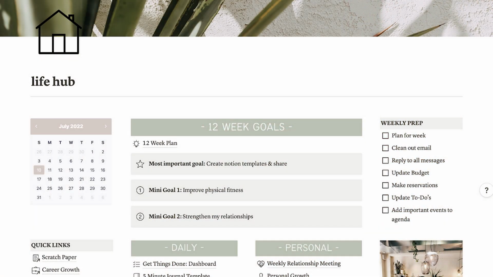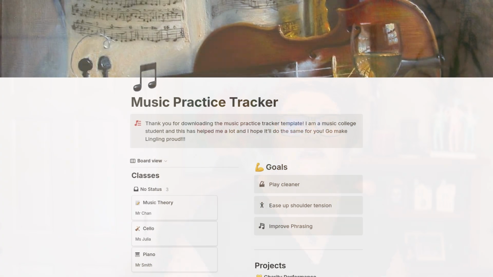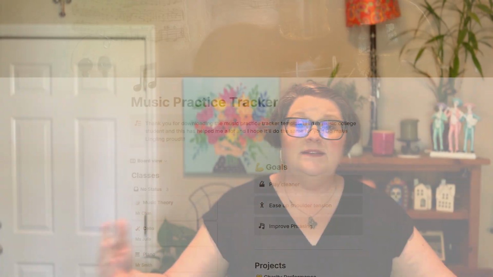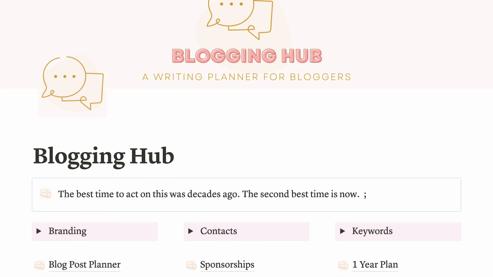Notion templates are also fabulous and something that I've been using a lot lately, and I have some in my template shop. But if Notion is your thing, get on there and build out the template of your dreams. I have a template for private music teachers who want to run their private music studio. I have a template for bloggers on organizing all of their blog content.